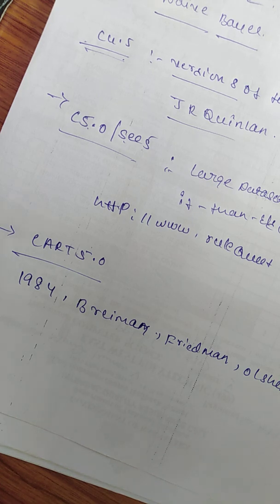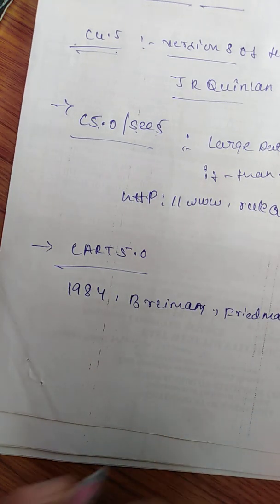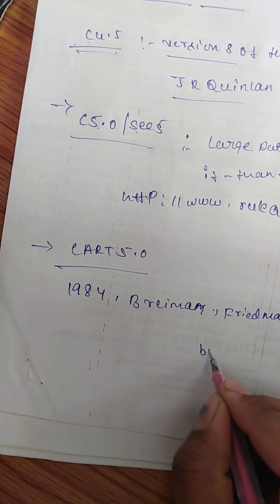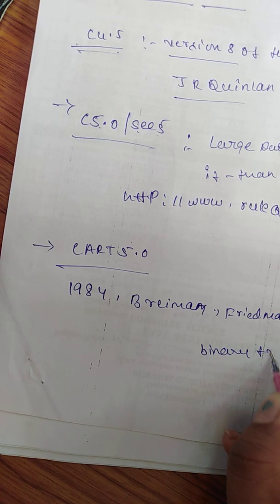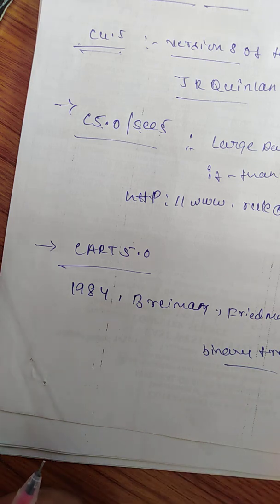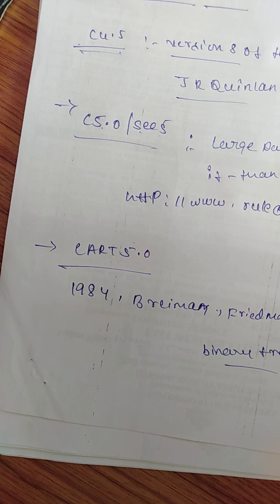CART is also based on the decision tree, in a format just like C4.5. A CART decision tree is a binary tree. We use the binary tree format: the raw data set is first divided into two, and each part is divided into two again. This process continues until no more division of the nodes is needed.